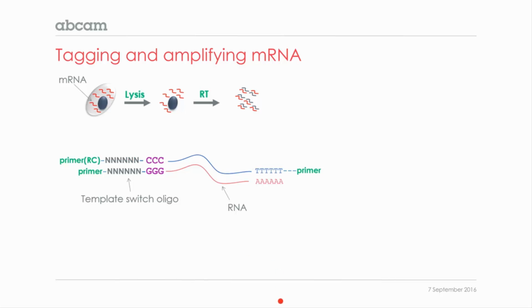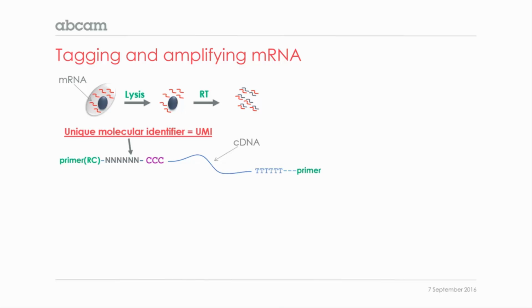And what we get at the end, if we forget now about the RNA strand and we just look at the cDNA, is basically the cDNA, which is the copy of the RNA molecule. We have the UMI, which is something we add using this template switch oligo, which is a set of 6 random nucleotides that will be the tag, the unique tag to this specific molecule after reverse transcription.